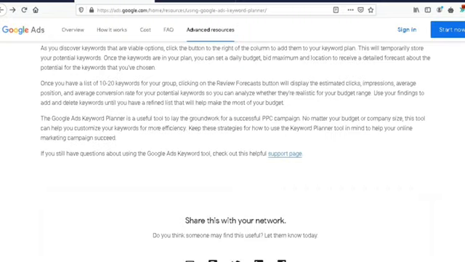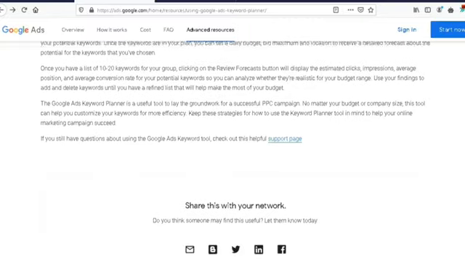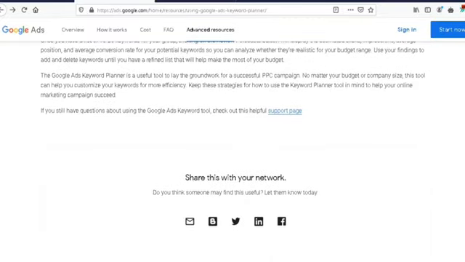Once you have a list of 1 to 20 keywords for your group, clicking on the Review Forecast button will display the estimated clicks, impressions, average position, and average conversion rate for your potential keywords, so you can analyze whether they're realistic for your budget range.